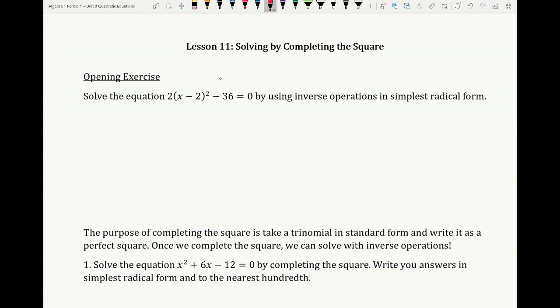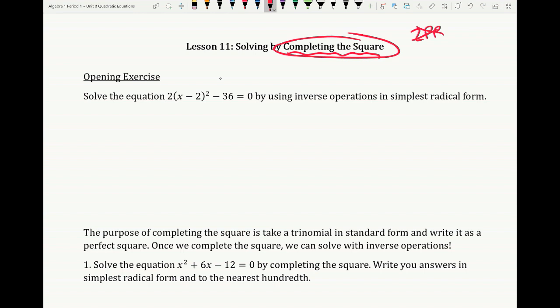So today we're officially adding completing the square to our toolbox in solving quadratic equations. Right now we have the zero product property, but factoring doesn't always work. Completing the square always will work. It might be ugly, but we can always complete the square to solve any quadratic equation, which is the nice